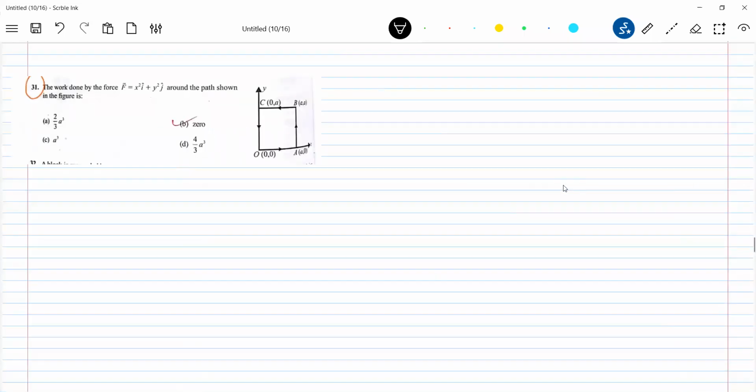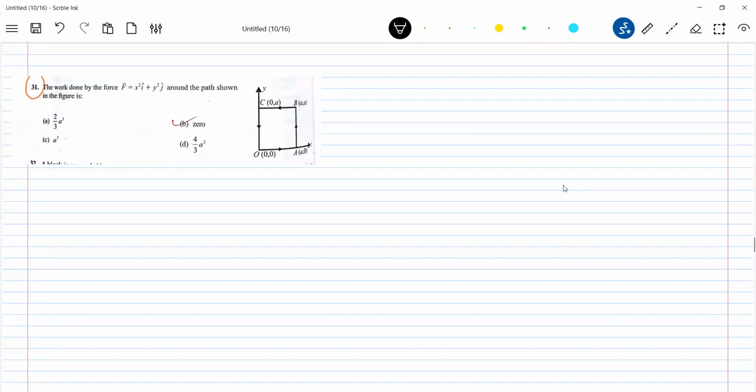How to show a conservative force? So here I'm bringing one example of how to say that a given force is a conservative force. Find the work done by the force x square i cap plus y square j cap around the path shown. So what is the path? O, A, B, and C. Work done by this force along the closed path. Is it OABC a closed path? Look at it once. Yes, it's a closed path, no? So what is the work done by this given force in that closed path is what the question asks.